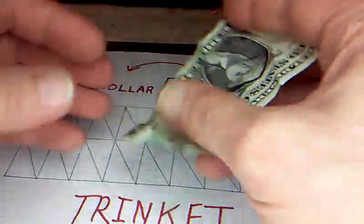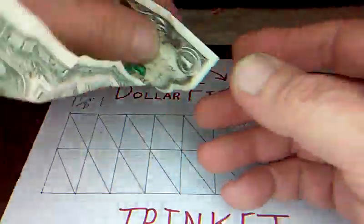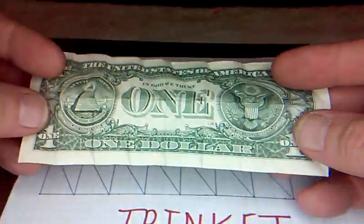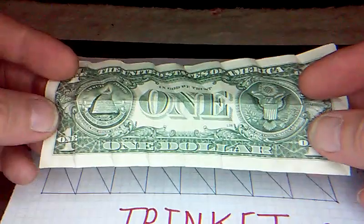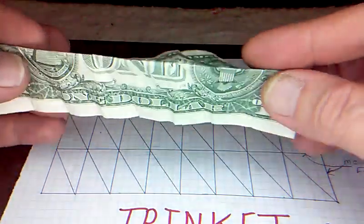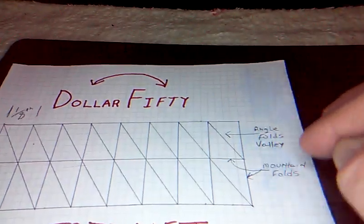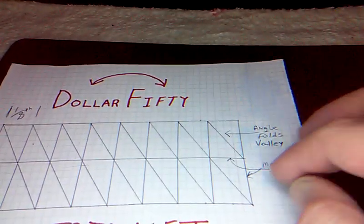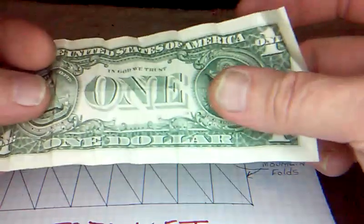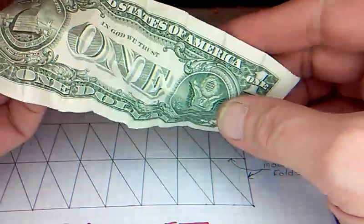So, well, it's actually flipped around this way, it's flipped around like this. So you fold it in. This is still correct. All the angle folds are valleys, and all the mountain folds are the vertical lines and the horizontal. So after you pre-fold it all, then you